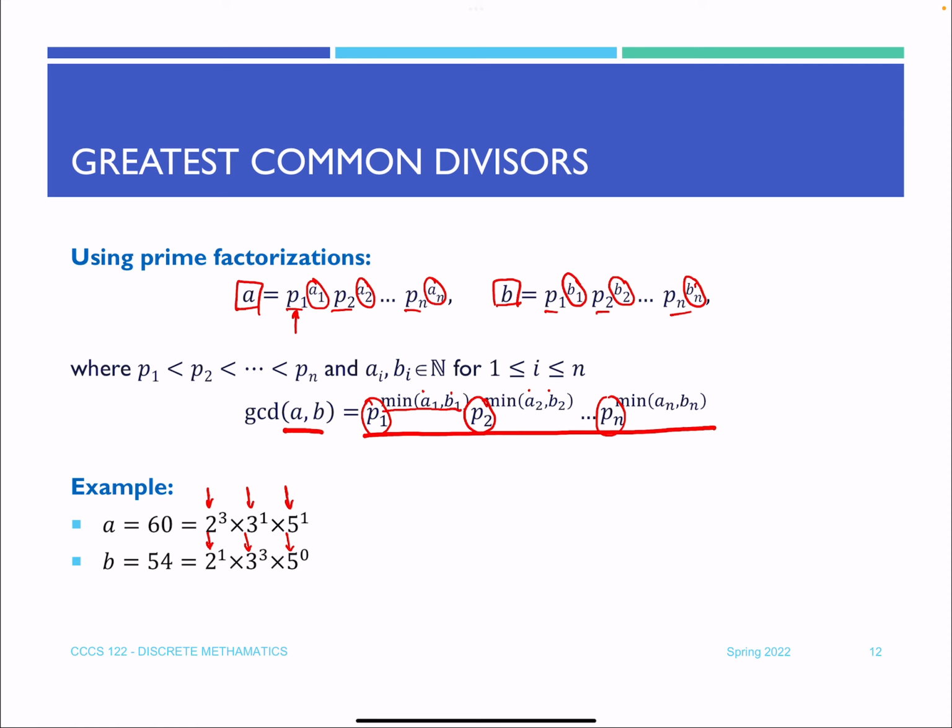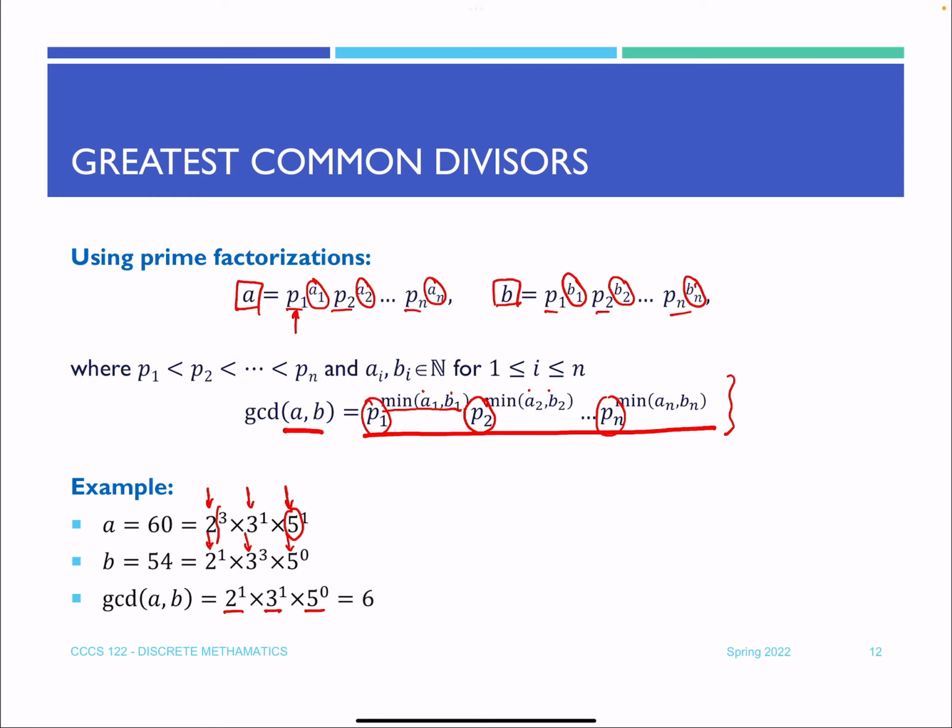So basically 5 is not really a factor of B, 54, but we just put it here because 5 appears as a prime factor in the other number, A. Okay. So then the GCD, according to this equation that we have up here, would be 2 times 3 times 5, and the powers will be whichever is the smaller out of the two between prime factorizations of A and